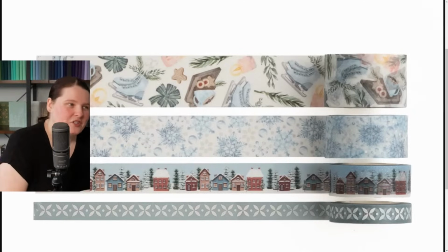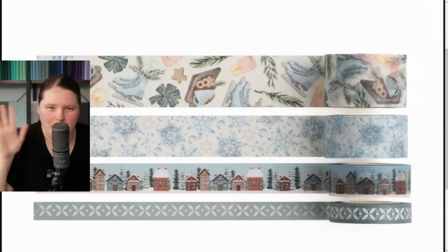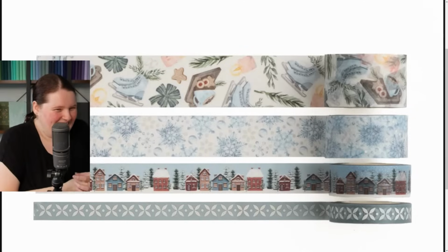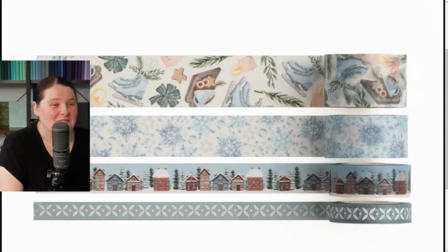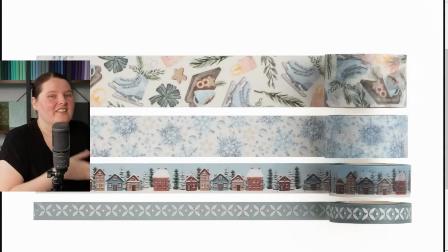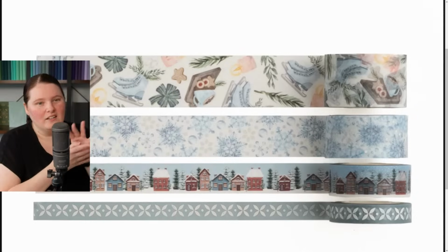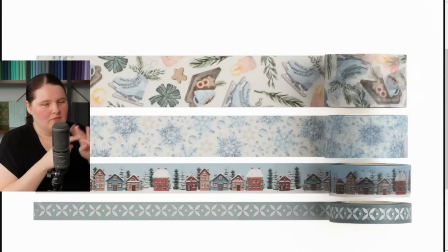So having this nostalgia collection last year and then having a winter theme this year, I'm not gonna be all up in arms or anything like that. Like, oh, how dare you release a seasonal collection at a seasonal time? Pitchfork, rah rah, fight the power. No. But I do think that it is nice when we have seasonal releases that aren't seasonally themed. Especially because if you have the 4 releases a year,